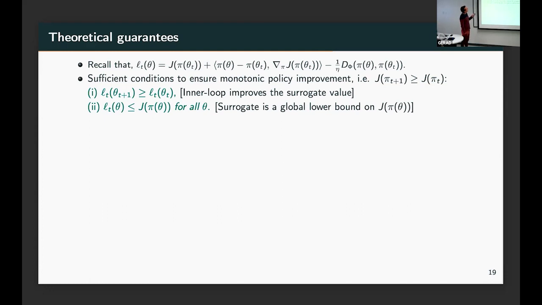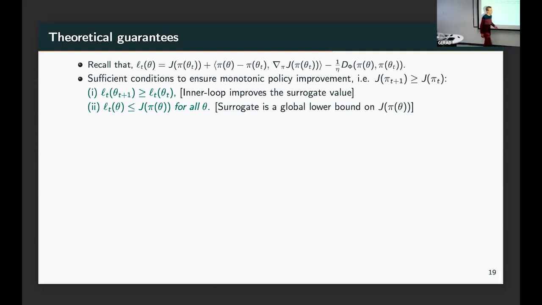Yes, so I said, instead of getting the true loss, I'm going to build that surrogate. And so how can I guarantee that maximizing that surrogate actually does something meaningful for the true loss? Well, I need two conditions. My surrogate needs to be tight at the current point. The two values need to be the same. Again, for those of you who know EM, I'm basically repeating what EM does. So my surrogate needs to be equal to my true function at the current point. I need to be able to maximize my surrogate. And this needs to be a global lower bound. If I have all of these conditions, I'm guaranteed, right?